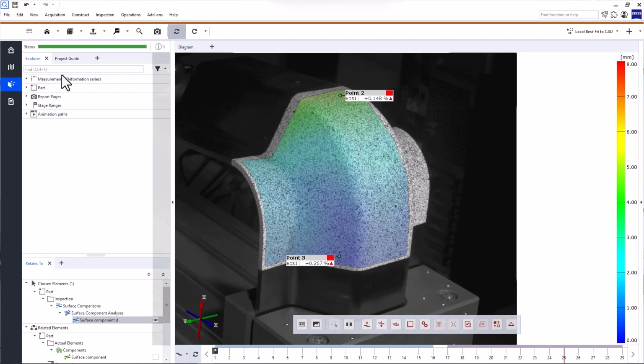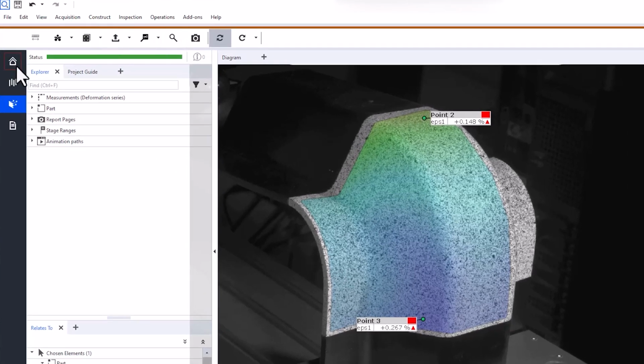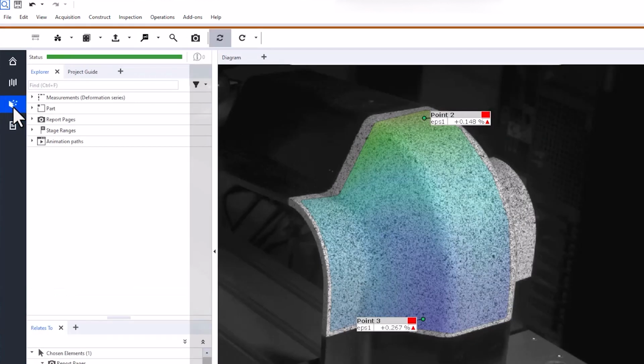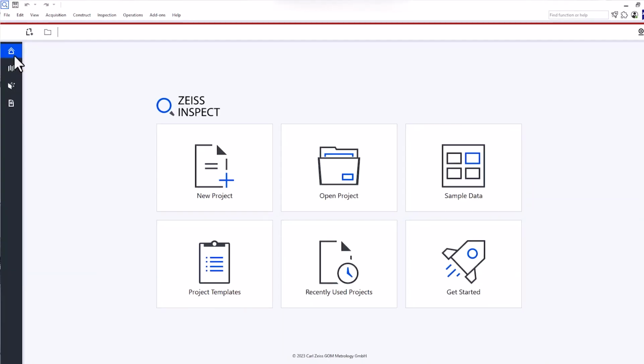Now let's move on to Workspaces and the main toolbar. On the left side, you find the different workspaces. Workspaces are dedicated to assignments such as stage acquisition, testing inspection, and reporting. If you switch between workspaces, the main toolbar changes to provide the tools you need for your tasks in the specific workspace. It's designed to guide you through the main steps in each workspace. Start brings you back to the Start screen.